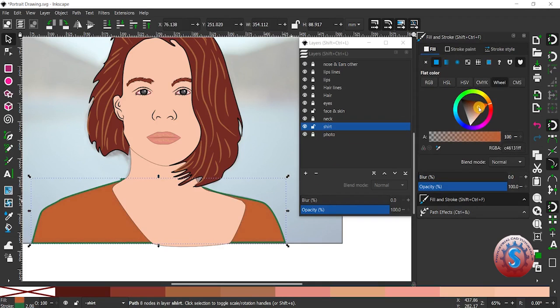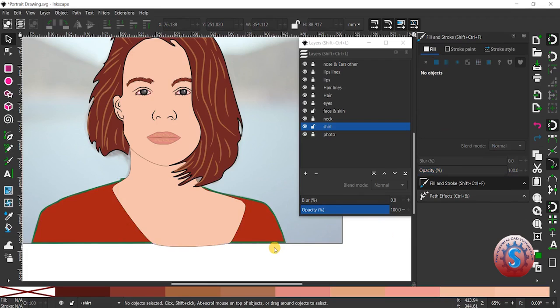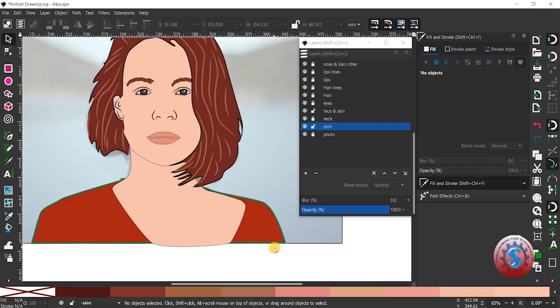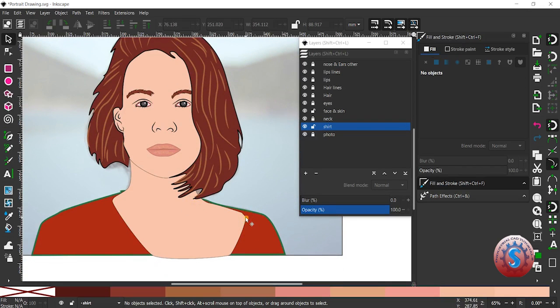Here you can observe the RGBA option is there. If you have any color code, you can simply type the RGBA code. On the top you can observe I am trying some t-shirt colors. I think this color is okay, but I want to give a dark grayish color. I am giving this color, you can see on the screen. Then the shade is completed. You can also give the width, for example 3.0. In the stroke style, 3.0 is looking good.